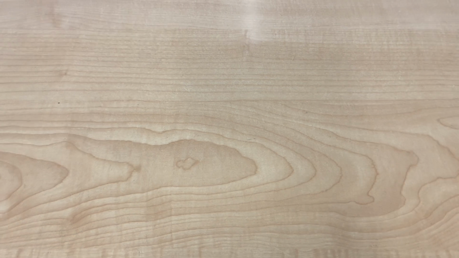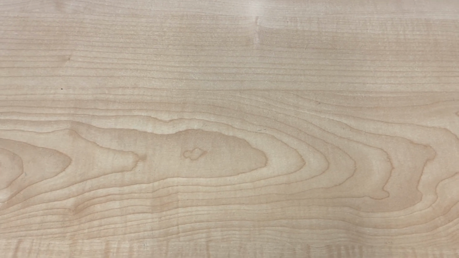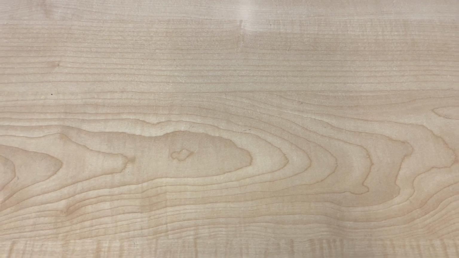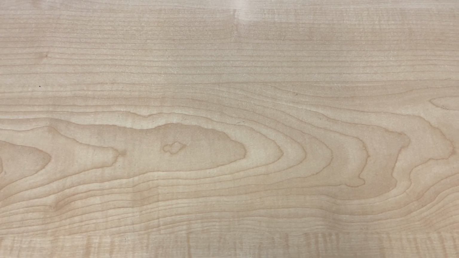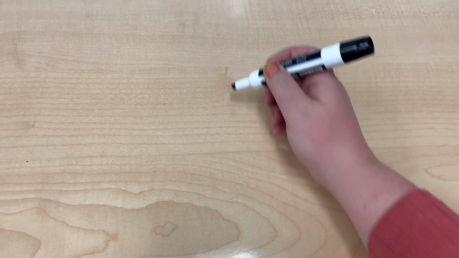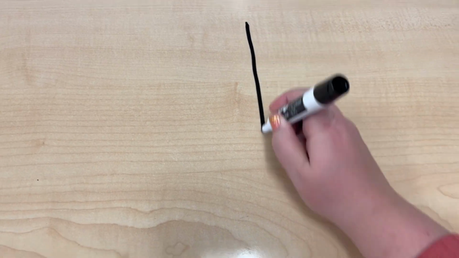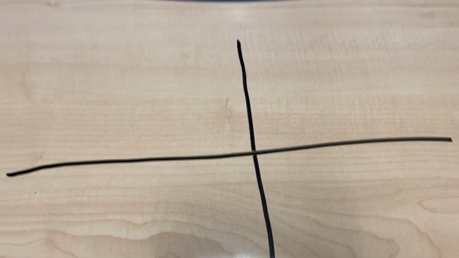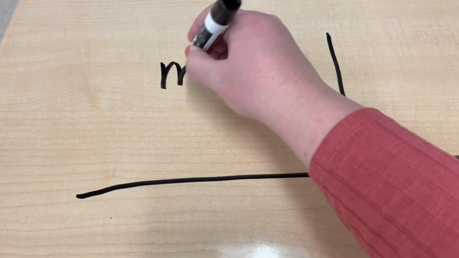Okay, so now that we have figured out how to find our mean, median, mode, and range, I want you to go grab your math notebook. I'm going to give you 1 minute to do that. So in your math notebook, I want you to take one clean sheet of paper and divide it into 4 sections, just like this. And I want you to label them mean,